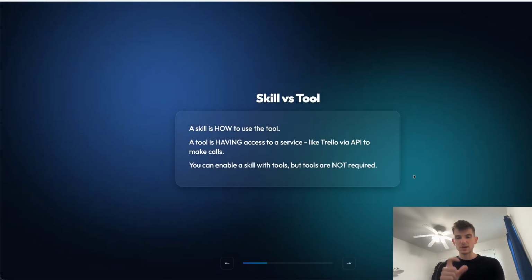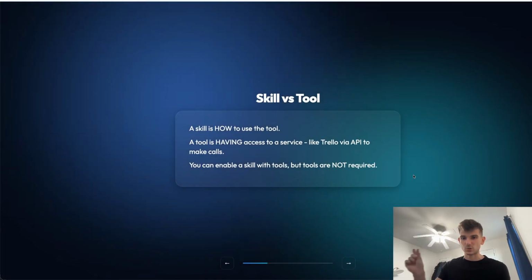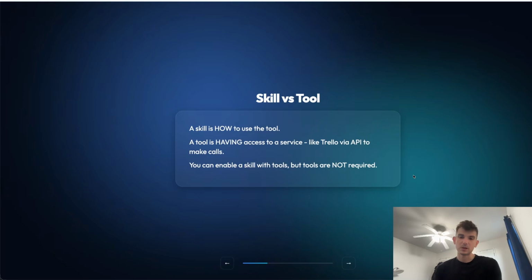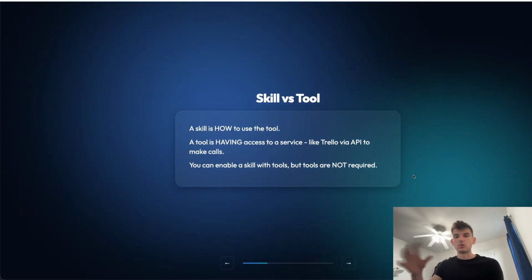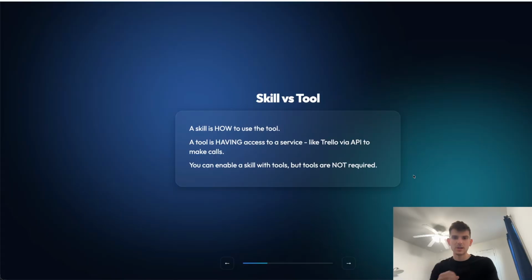So let's say you have a Calendly skill, and then you give the agent access to Calendly, which is the tool. Now, let's say you train the agent to look for very specific signals, very specific events on your calendar, or how to manage and move different events around. That is what is being taught or written out inside of the skill. And then when you give the agent access into your Calendly integration, then from there it can actually do things